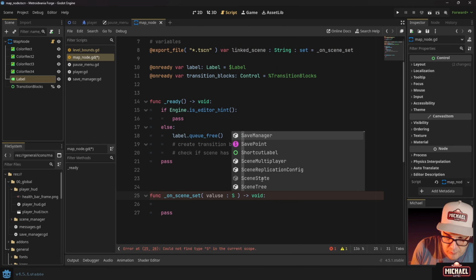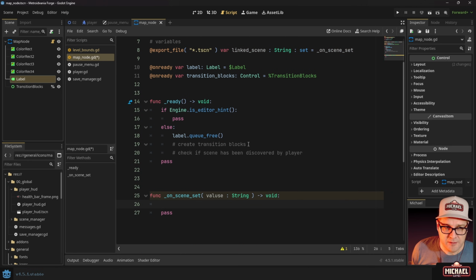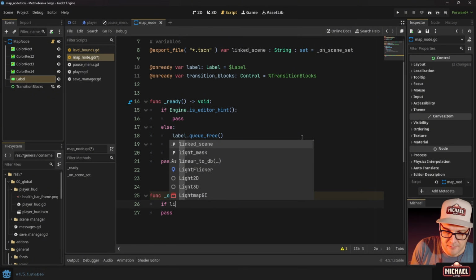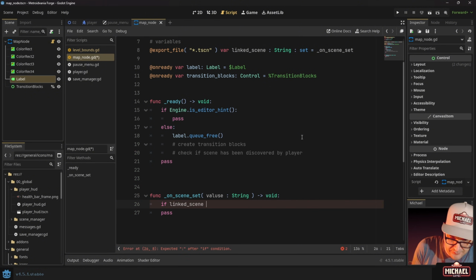Because that's what we're allowing it to be. When we set the value in here, we're going to do a check. It's possible that the value hasn't changed, in which case we're not going to do anything. So we'll do that first. We'll say if linked scene does not equal value, then we know that we need to do some changes. And then we'll set the linked scene